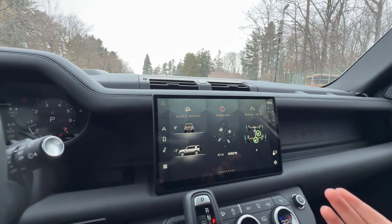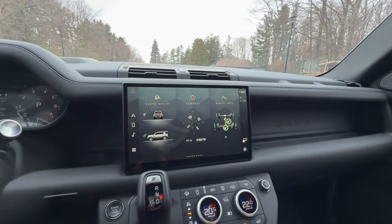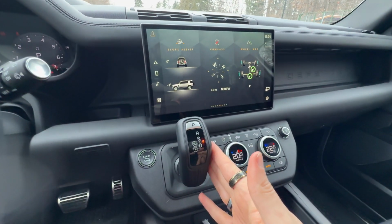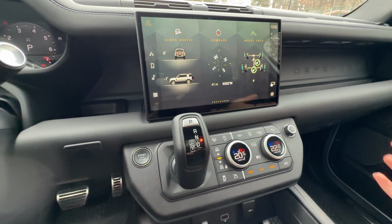Got an air quality meter, compass. You know, you got the slope assist and stuff like that. So really, really well laid out. A little bit lower is our gear selector. This is how you're going to put in technically the transmission into sport mode, because there's no true sport mode,